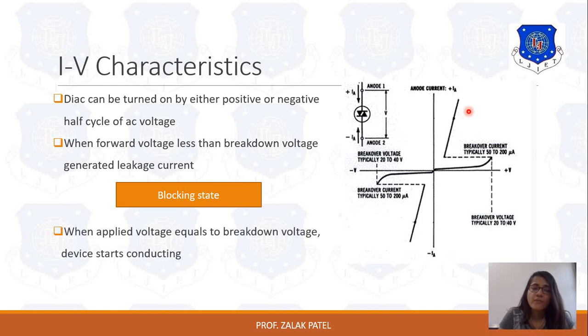So it is called a blocking state or off state. Now when the applied voltage is equal to the breakdown voltage, the device will start conducting, and the conduction gradually increases and then gradually decreases, as the graph shows. Here one cannot control the operation of this IV characteristic for DIAC because there is no gate terminal, and because of the absence of a gate terminal one cannot control the forward voltage or reverse voltage across the device. So this is the limitation of the DIAC.